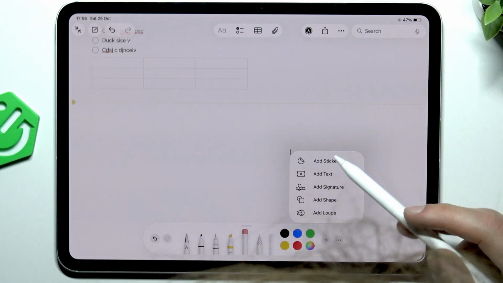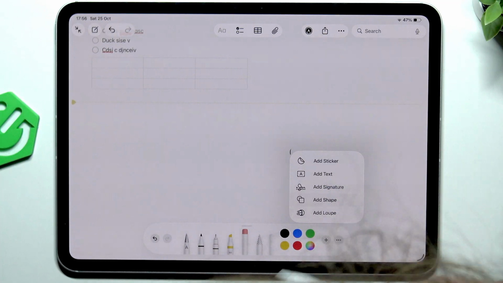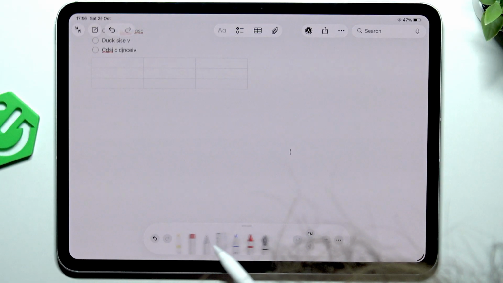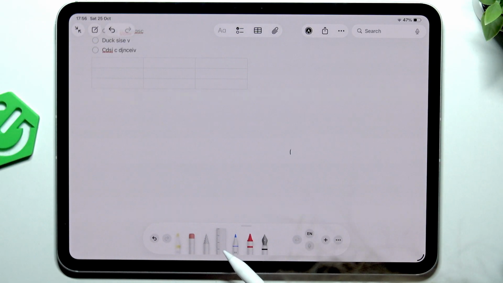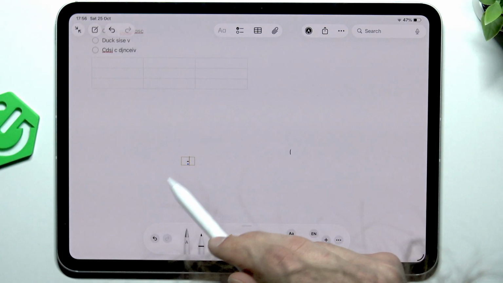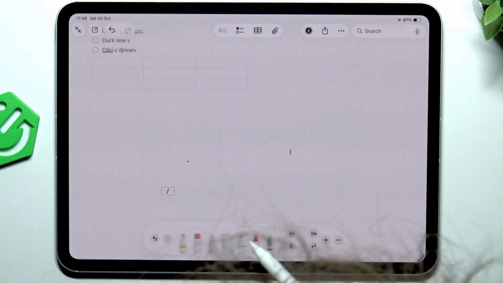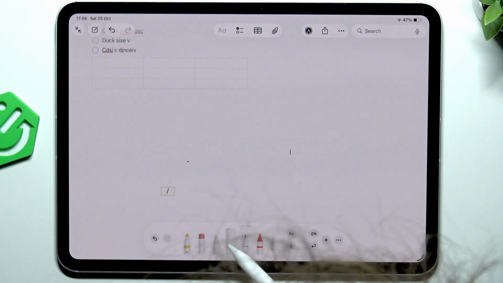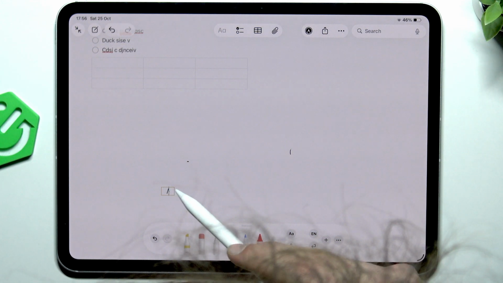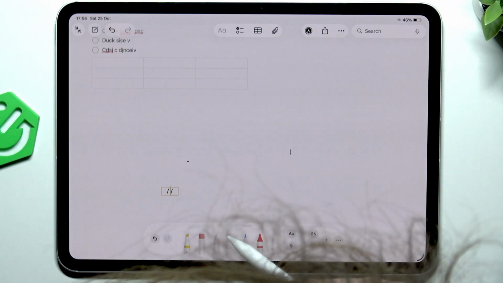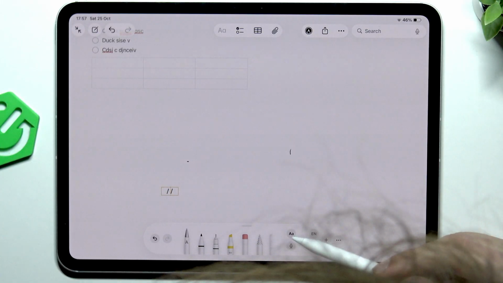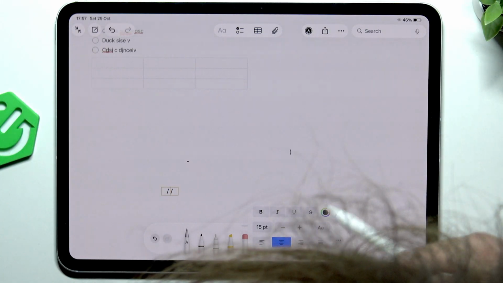You can add a sticker, text, signature, shape, and loop. You can also, of course, there are more tools to choose from. For example, there is a ruler, and you can tap on it, and oh no, I just misunderstood it, I think. Okay, never mind the ruler. So you can also change the